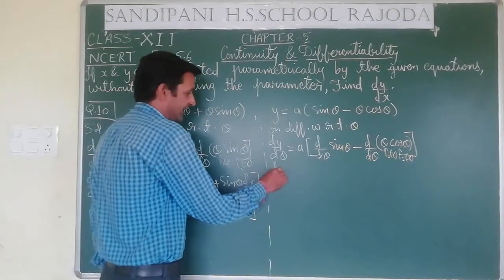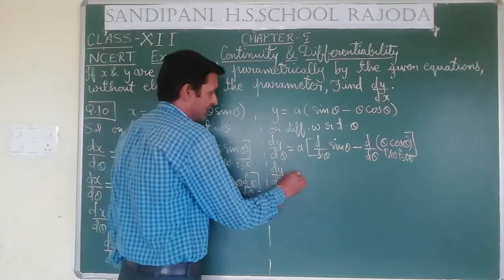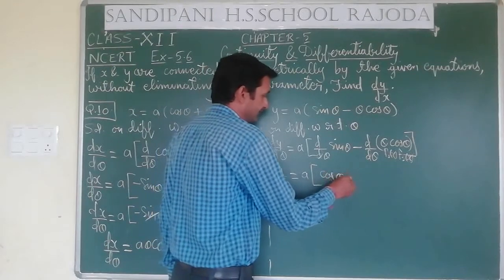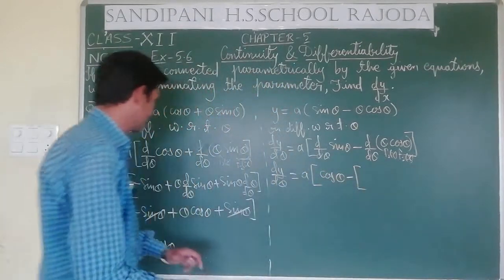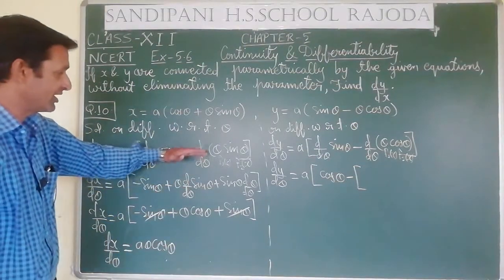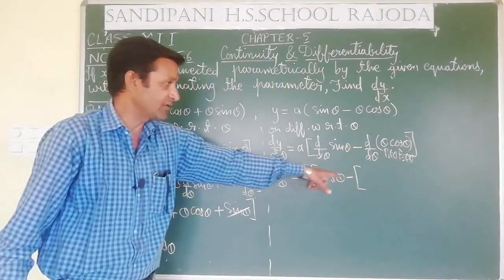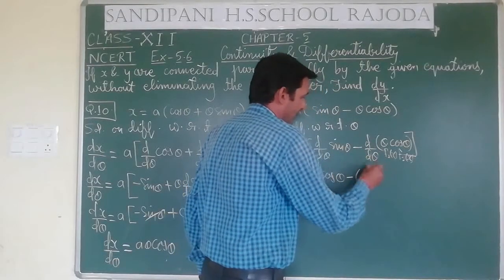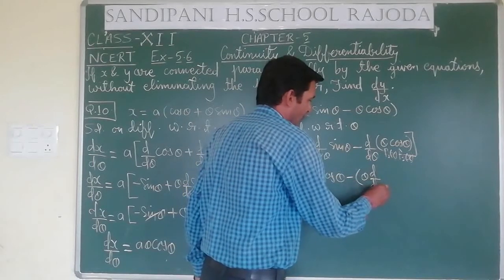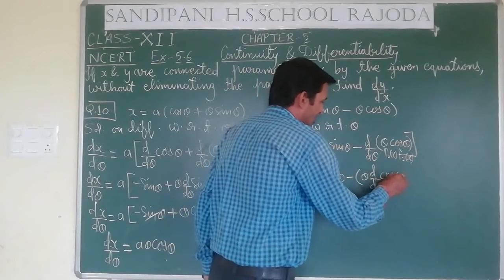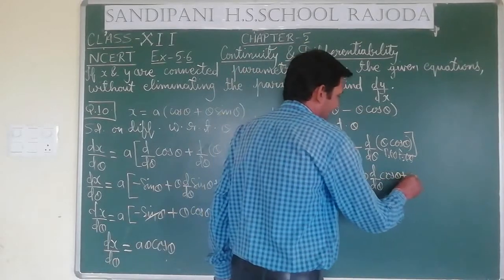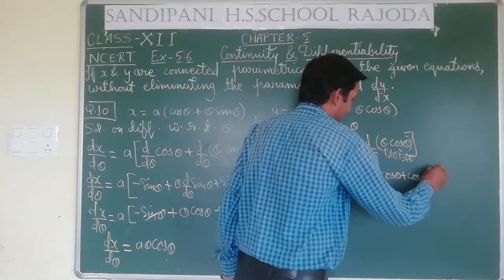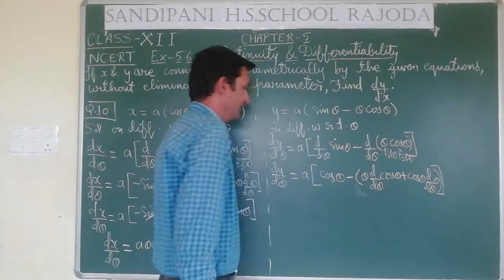So dy by d theta is equal to a, differentiation of sin theta with respect to theta is cos theta, minus, and here a bracket is required. Here it is a positive sign, that's why we have not mentioned it in bracket, but in case of a negative sign we have to apply the bracket first of all. So it will be first function into differentiation of second, meaning cos theta with respect to theta, plus second function into differentiation of first, meaning d by d theta of theta, and then the big bracket will be closed.